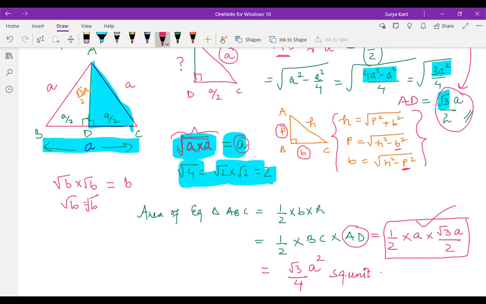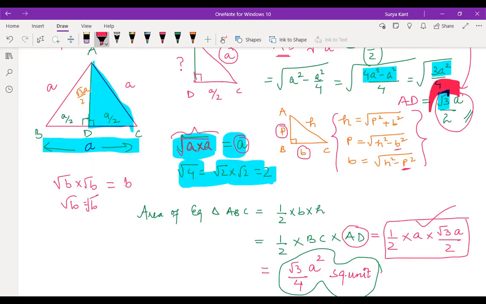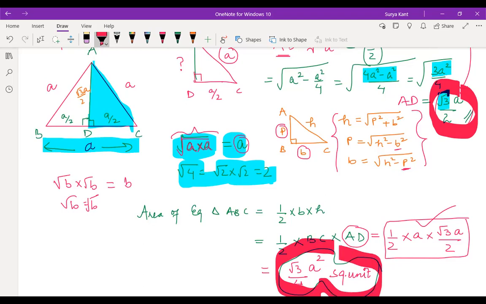Are you getting the same answer that I've written here? Yes, sir, I got the same answer. Okay, fine. There is no need to solve all these things in the exam. If they ask to prove, then only you solve. Right now at this stage, you just remember only two formulas. First one is root 3 by 2A, this is your height. And this is your area of equilateral triangle. Is it clear for both of you? Yes, sir.